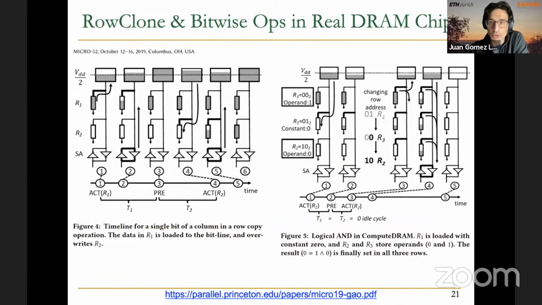As I said, the authors of ComputeDRAM, by using SoftMC, were able to execute RowClone and bitwise operations inside real DRAM chips, inside off-the-shelf chips. This was relatively simple, or as simple as playing with the timing parameters and violating timing parameters in order to copy one row to another row, or activating 3 rows in order to execute